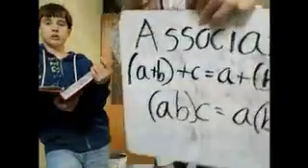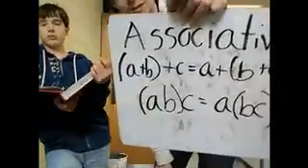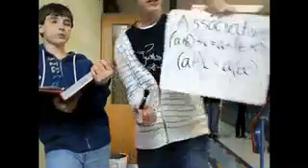Okay, the associative property, as you can see here, means it doesn't matter where the parentheses are in an algebraic equation, because you'll still get the same answer. So, in this example, you have A plus B equals